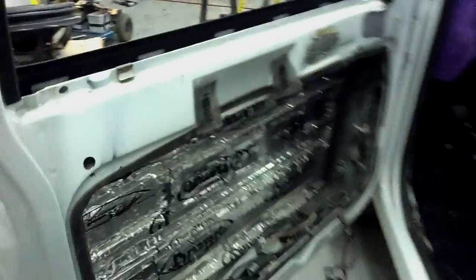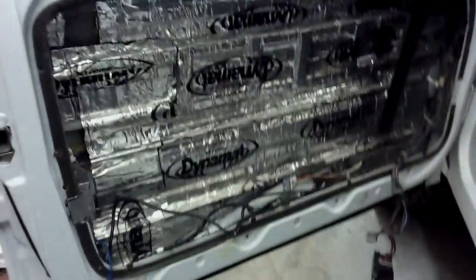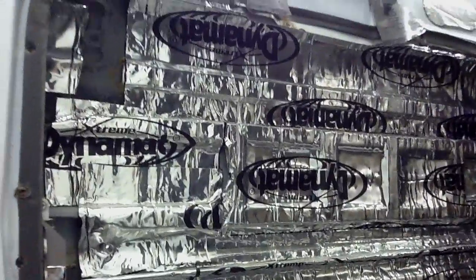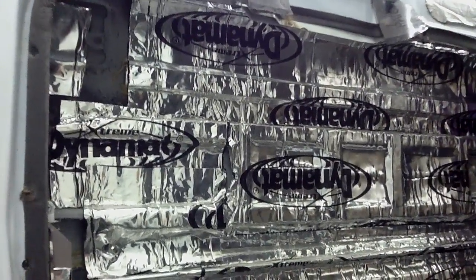Got this door right here. This one's not back together yet, but I'm just kind of lazy. Put the other one back together, but I don't know if this was in the last video or not. There's a bunch of angle iron in the door, along with factory braces, but there's like 25, 30 foot of steel in there, and it's panel bonded to the door with the 3M panel bond, and then dynamatted over for the most part with 2 layers, and it's solid. It is not